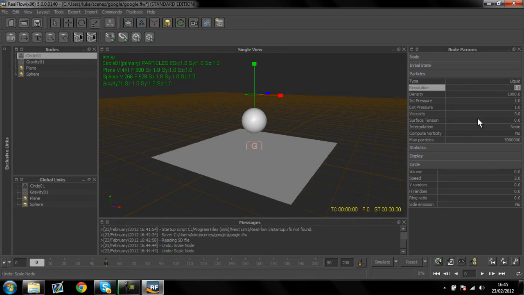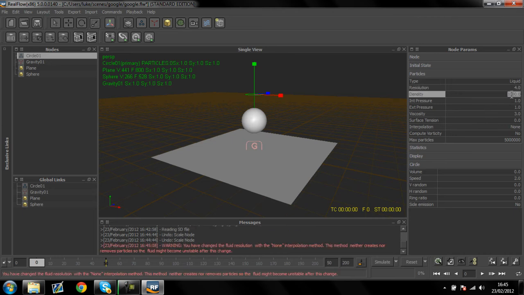So your resolution, no one knows what that means. Well, I don't. But I'm going to put this at 4. Density, because I want this to be quick. Viscosity, 0.1. You shouldn't put it at 0.1. I'm just being stupid. This is just to make the tutorial quicker, and to be honest, to make this tutorial quicker, I'm going to 0.1 and density